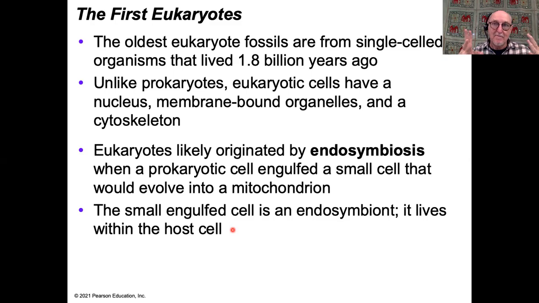You look at the outer membrane, it looks like a eukaryote membrane. It looks much like the cell membrane. If you look at the inner membrane, it actually has characteristics of prokaryote. Prokaryote membranes are slightly different to eukaryote membranes. And here in the mitochondria, we have preserved like a fossil record of the original prokaryotes. The same for chloroplasts. Chloroplasts also have their own DNA in the form of a circle, and they also have prokaryote characteristics. So we believe that this was indeed the process whereby the first eukaryotes were produced.